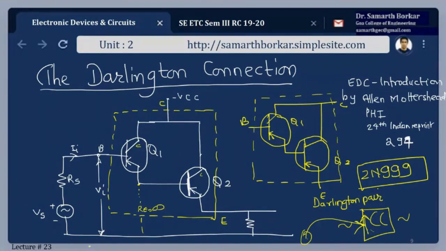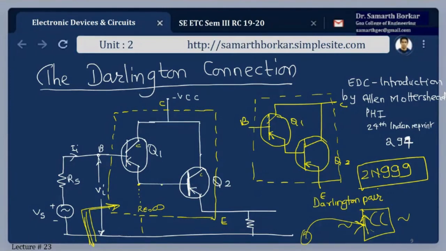So when I look from here, the input impedance will be infinite, very, very high. Now, the biasing network for Q1 is not included, but we can discuss it later. It does require a biasing network that I have not shown here. See here, last point. Since there is no connection to the external circuitry from the emitter of Q1, the emitter of Q1 has no connection from outside. Internally it is connected to the base of the next transistor.